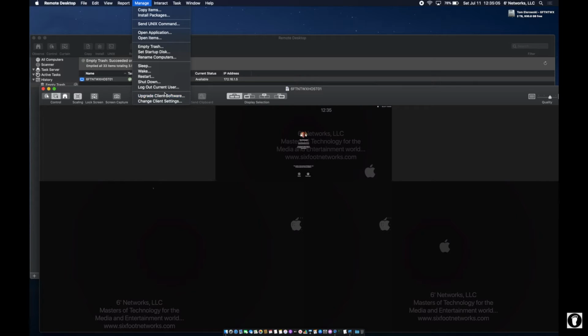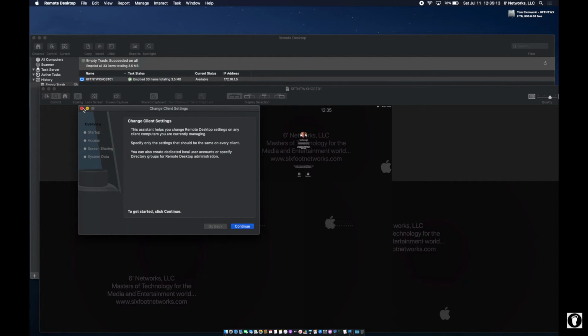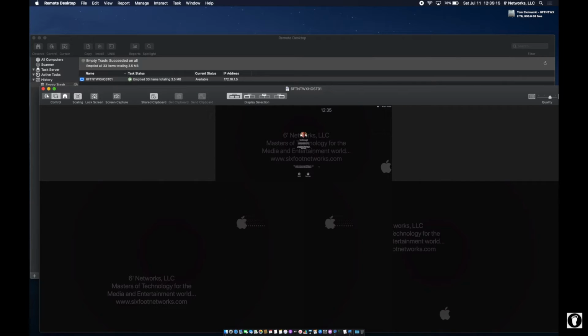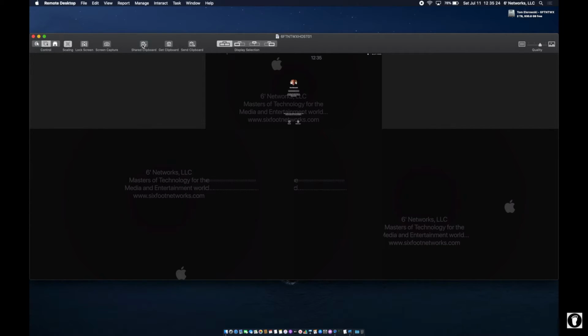If you're dealing with older computers, you can upgrade the client software, and you can also change client settings. It'll actually give you a wizard to change the remote desktop client settings on there. Shared clipboard: you can get the clipboard, you can send your clipboard. Uncheck this to highlight the other two. If you want to get the clipboard from the other machine, you just click this, it'll bring it